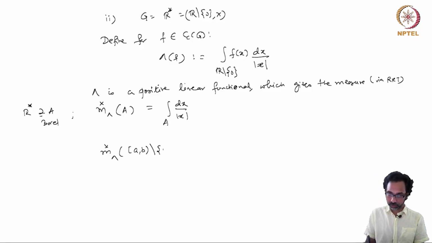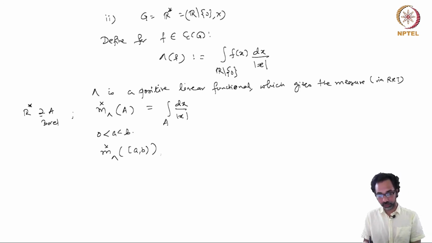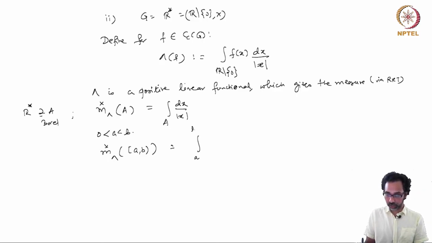If this interval contains 0, then we remove it from this interval, and so this will be the integral. Well, let me take it both positive so that it's easier. So then there is no 0 inside, and so this is simply the integral from a to b of dx over mod x, which is the same as the integral a to b dx over x, and this is ln(b/a),